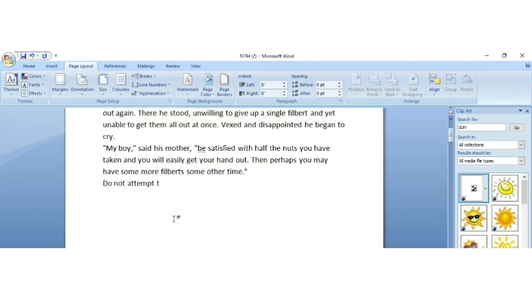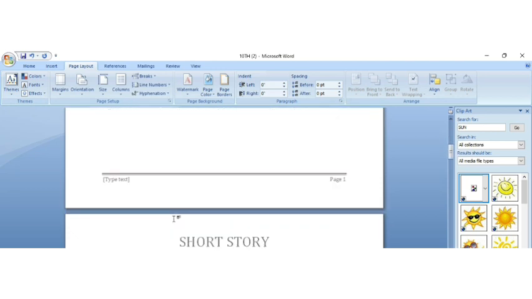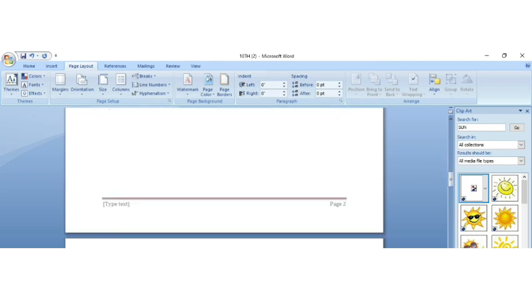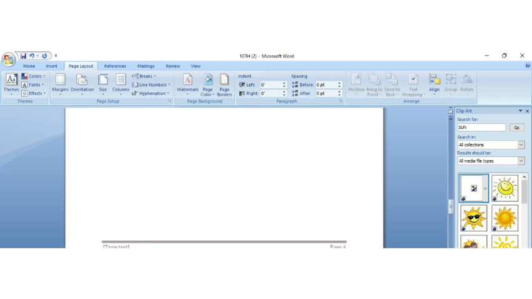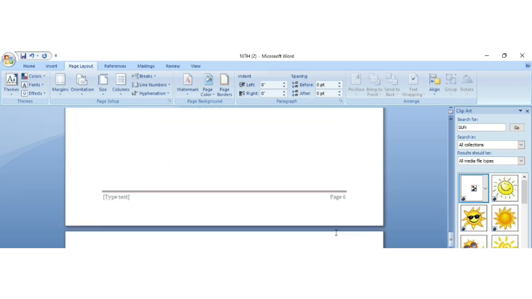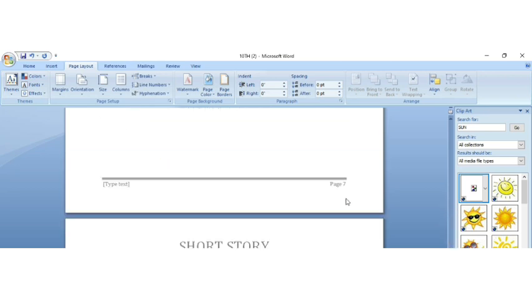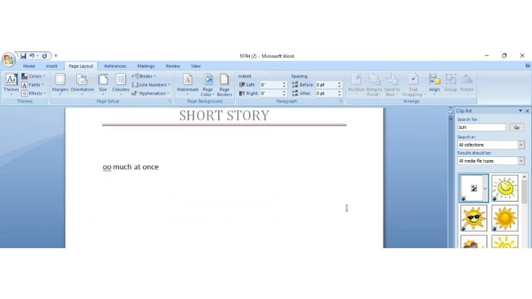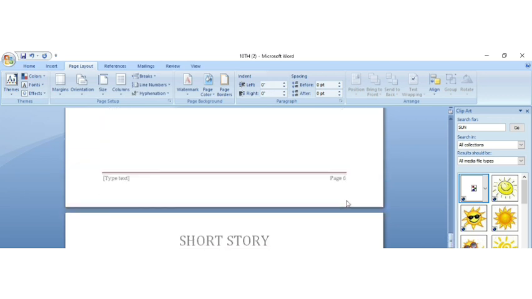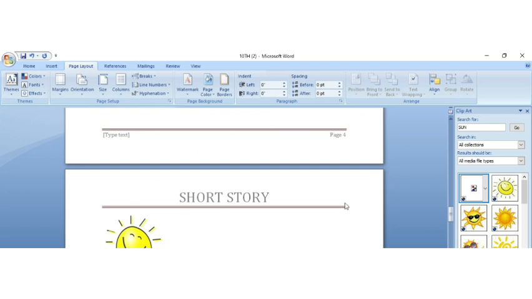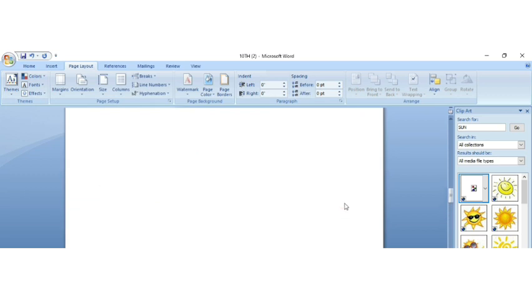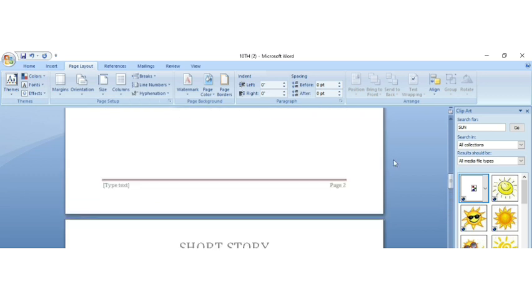For checking it, you can see here 2, 4, 6, okay. This way we can filter, we can take out the even pages in our document.